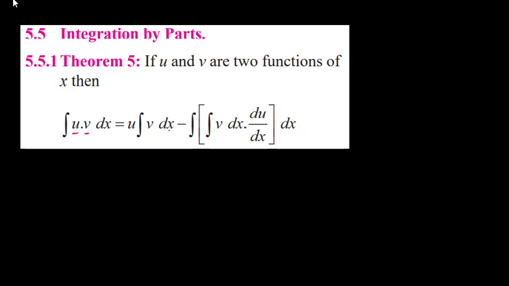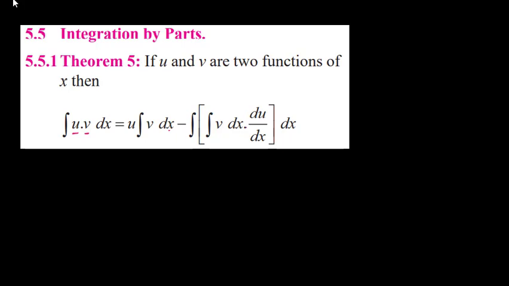Here you see that the function u is what you are going to use for differentiation, and the function v is what you are going to use for integration. So when two functions are given in product form, you first have to make a proper choice.